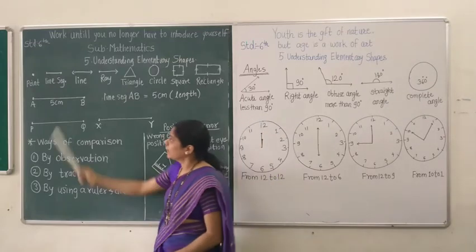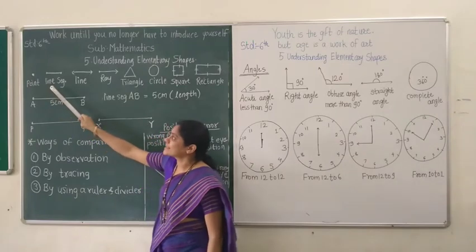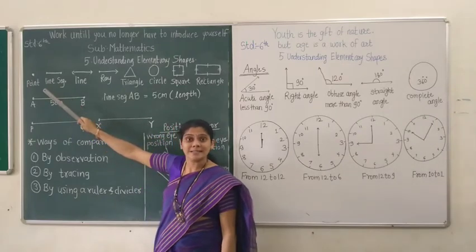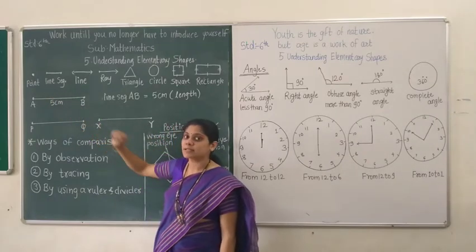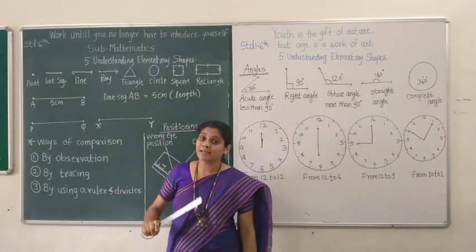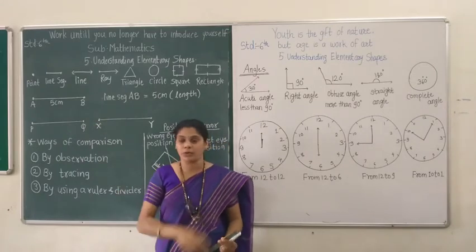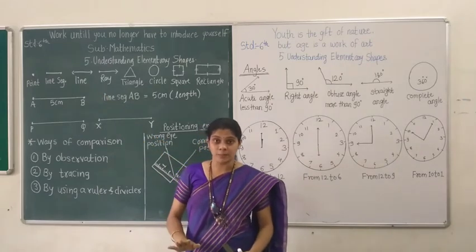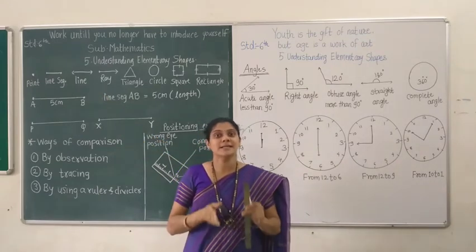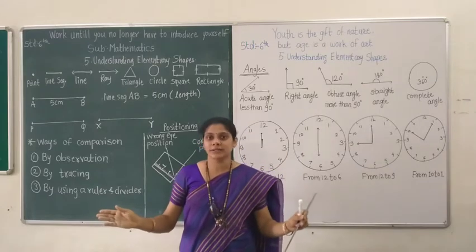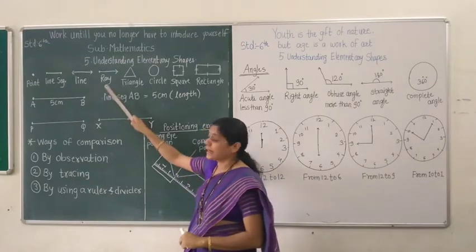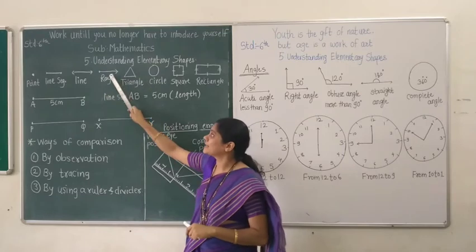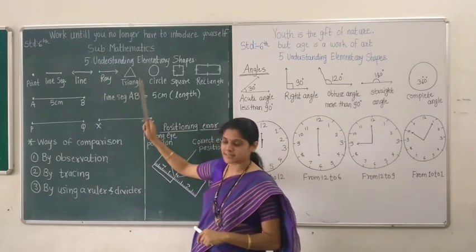Now look here. This is a point. This is a line segment. Then you can say that the line segment has two endpoints. A line doesn't have any endpoints because it is always increasing on either side. A ray has one endpoint and its other side keeps increasing on its way.